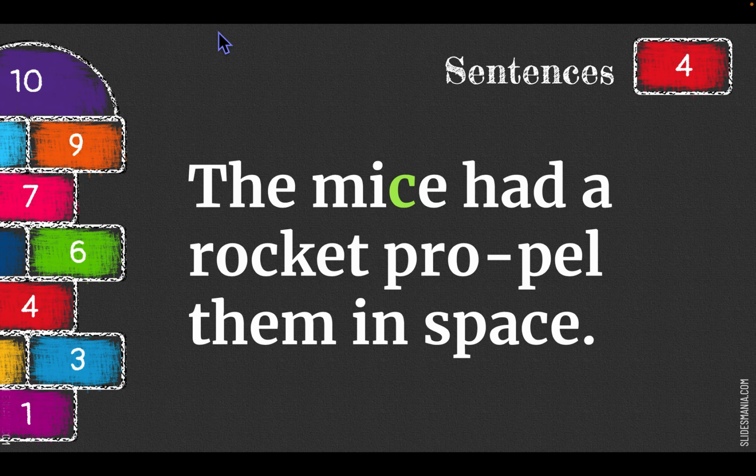Let's practice some sentences with these words. The mice. Remember, the C is followed by an E, so it has the soft sound of S, and the E makes the I have the long I sound. The mice had a rocket, propel,